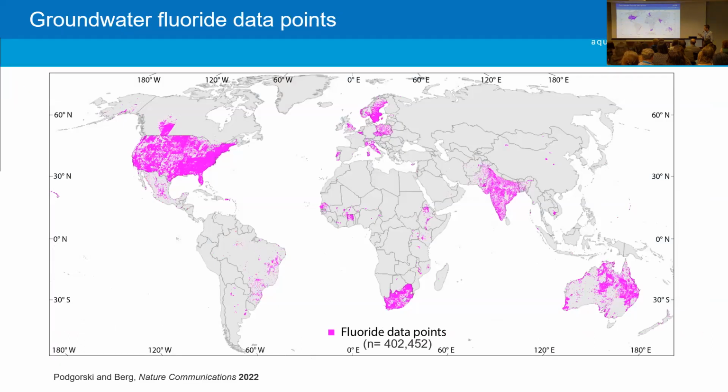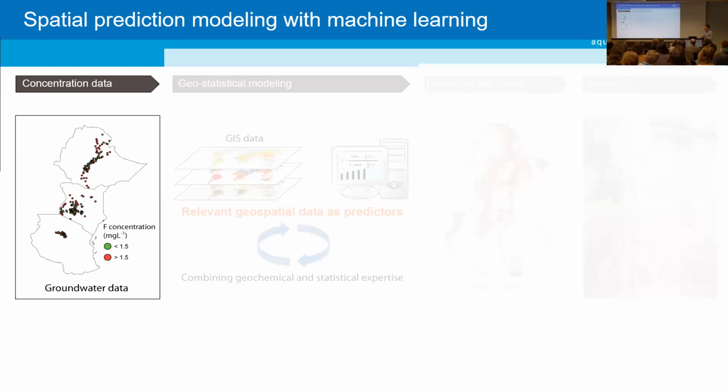This was the study we came out with this year. And so, North America, in this case, South Africa, India, Australia, parts of Europe have a lot of data, but in between, it's very scattered. And this is actually 400,000 data points. So the issue we're dealing with is how do we fill in these gaps, right? And also to describe in very broad terms how this modeling works.